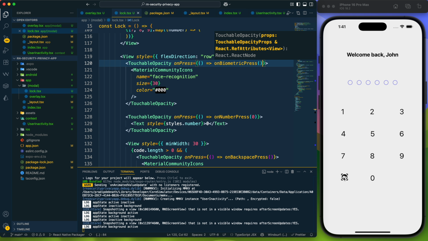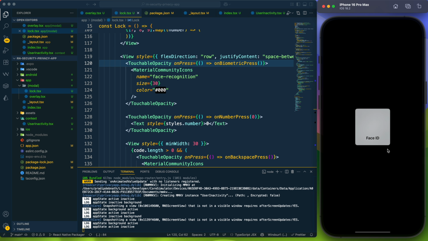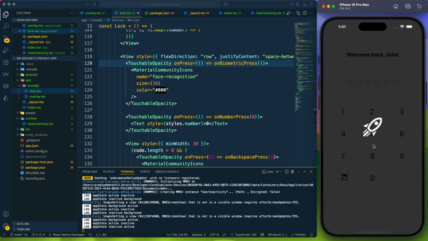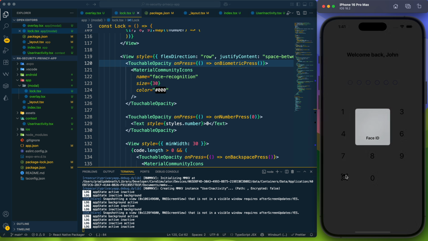Now save it. Let's click here, and with the click we can see, do you want to allow this app to use Face ID? Yes, let's allow it. Now in the emulator we can use command option M or N to provide the Face ID. I have provided command shift N, which is not matched, so here it is cancelled. Now if I provide the matched Face ID, which is command shift M on the keyboard for the simulator, then